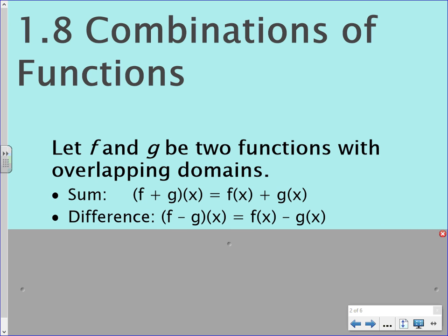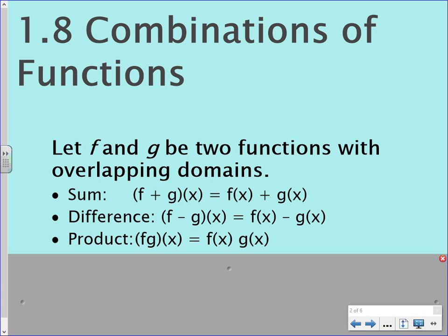What's next? Multiplication, the product of f and g. Okay. These 3 are very straightforward. The domain isn't going to be affected too much by the combination of sums, differences, and products. The one we'll have to be careful with